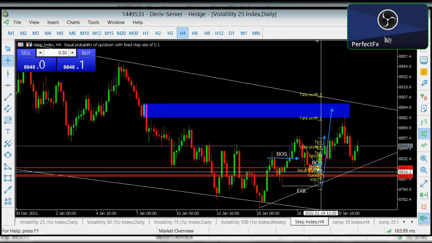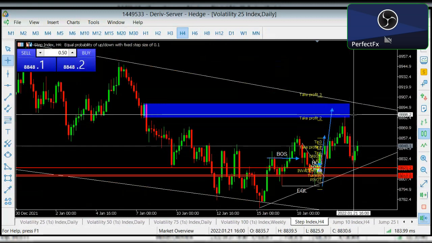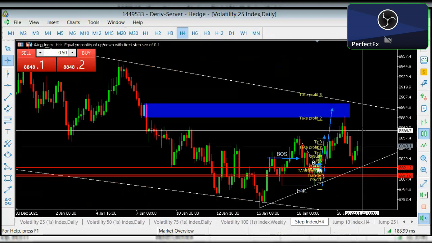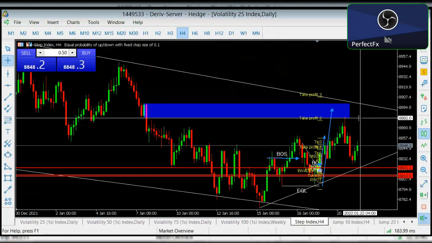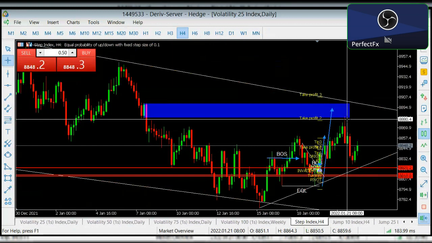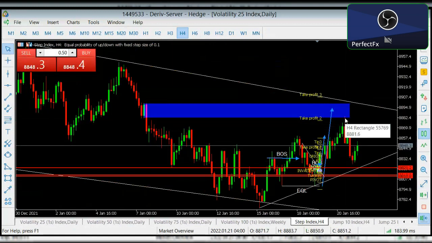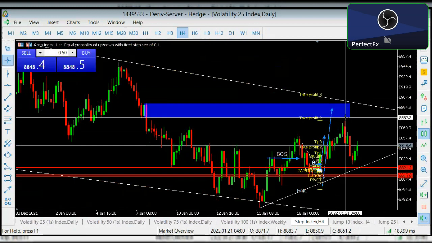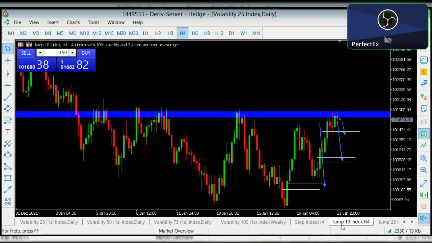And you can see we rolled the sell to this point, and this signal also was given yesterday, that is the 21st of January 2022. The signal was given that price was going to sell to the downside. As you can see, price sold. That is after riding this buy, got out from this point, we entered the sell again, rode it to this downside. So that's all I have for you guys today.